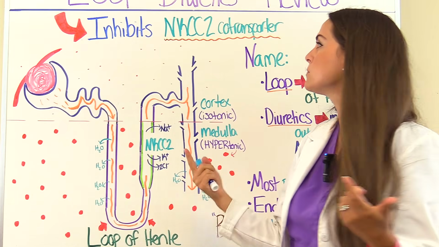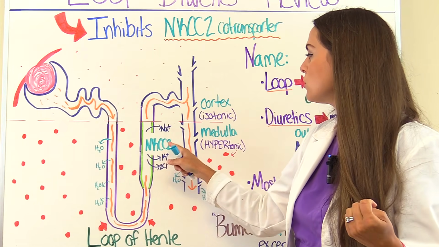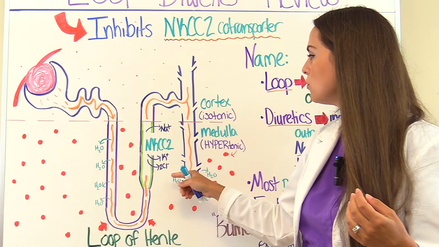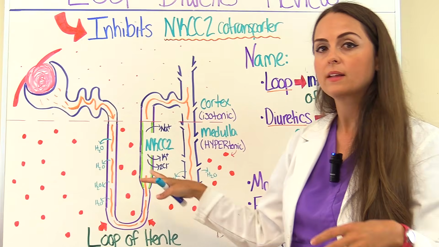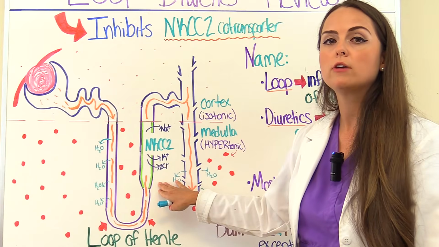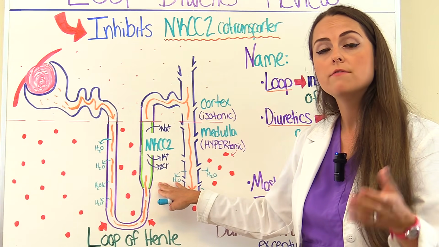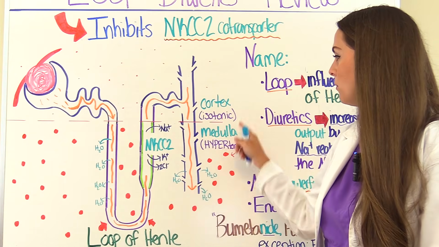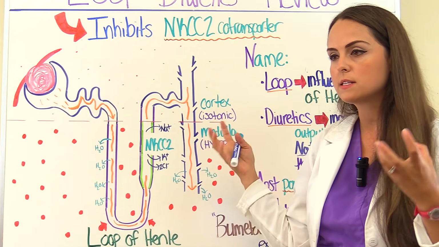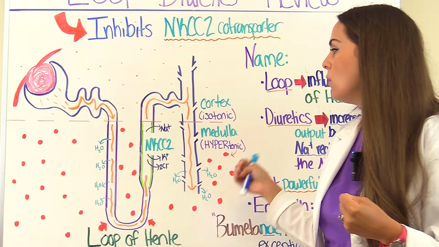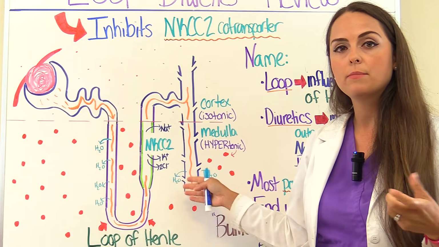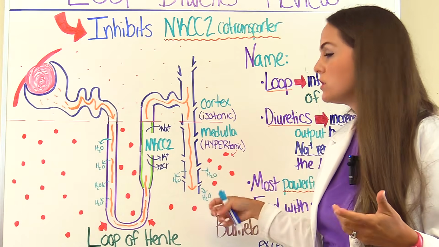And one of those cotransporters was the sodium-potassium-chloride cotransporter. So it takes one sodium, one potassium, two chloride, takes it, puts it back into the blood. Now the cool thing about the loop of Henle, it's responsible for about 25% of the sodium's reabsorption, which is going to play a role in keeping this renal medulla hypertonic, keeps it salty, so we can play a role with reabsorbing water, because also your collecting ducts, once it hits this hypertonic environment, water is going to be removed